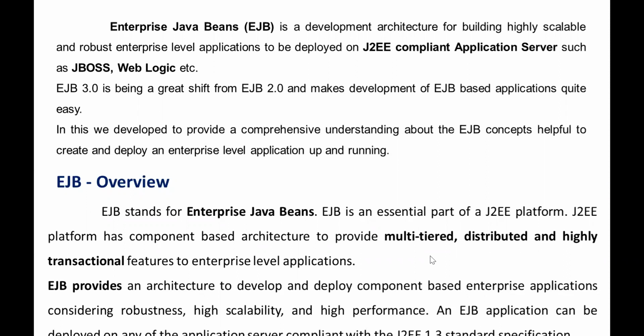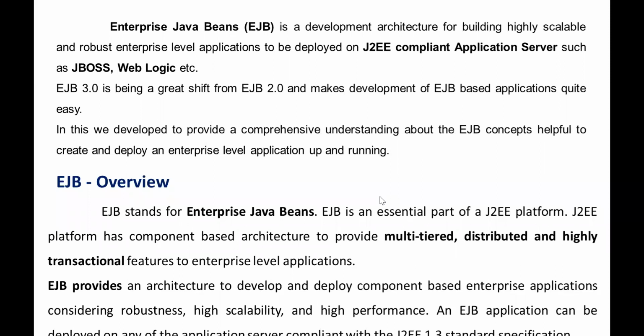When you go for an overview of EJB, it stands for Enterprise Java Beans, and it is an essential part of the J2EE platform. It means that when you are running the EJB application, the platform we have to use is the J2EE platform.